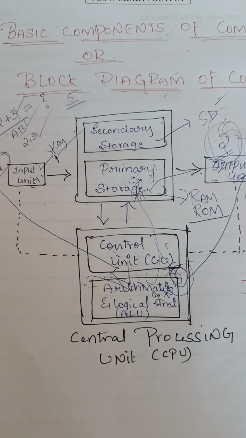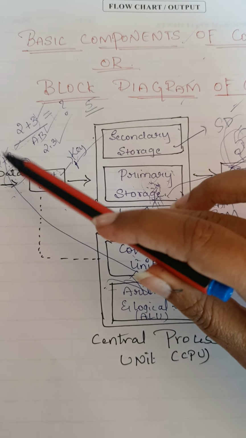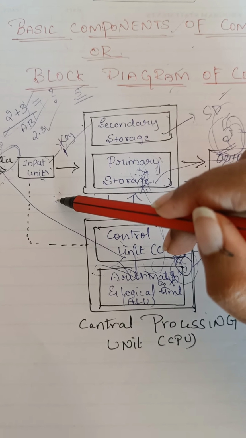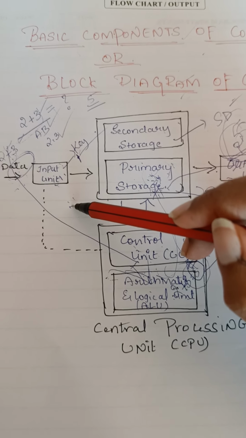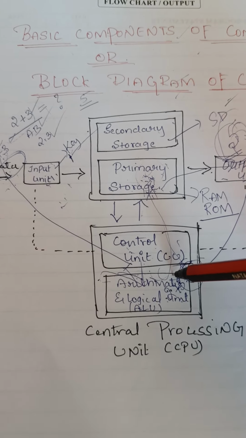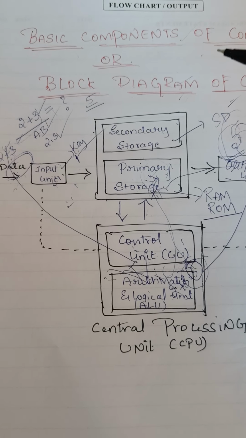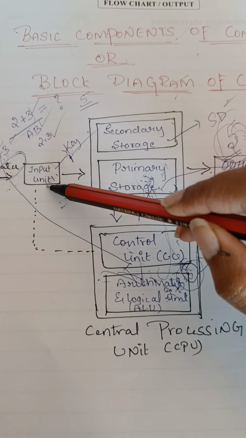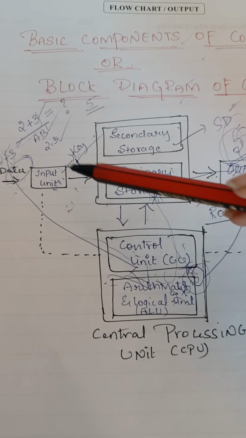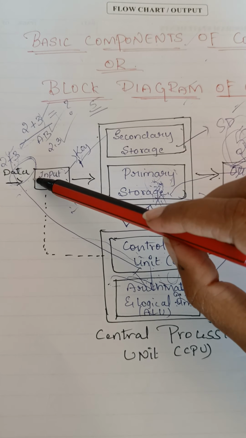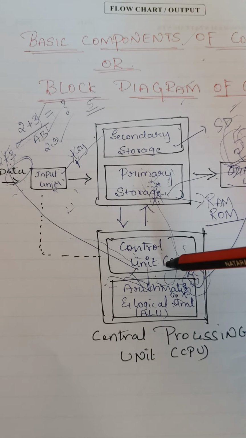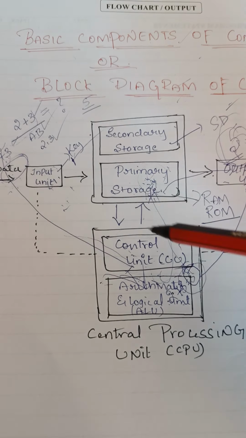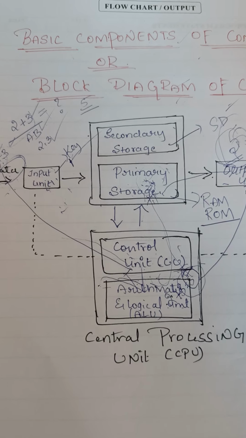For example, I want to give 2 plus 5 as an input. So we type 2 plus 5 on the keyboard. Then the keyboard understands, or the user gives the input as 2 plus 3. Then it moves on to processing. So to give the input, to communicate with the computer, the input unit is used by the user. After this input unit, we choose any input, and this unit takes it to the computer, and it should be stored in the control unit. That 2 plus 3 should be stored in the computer, that is the control unit.